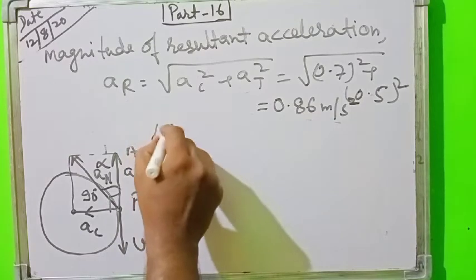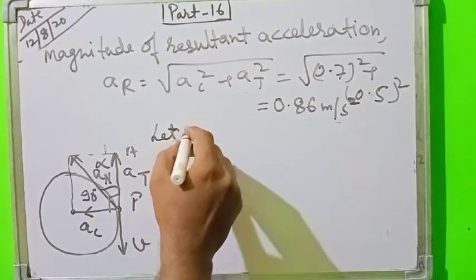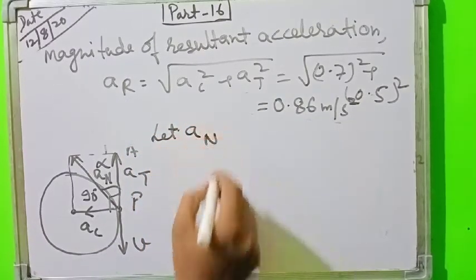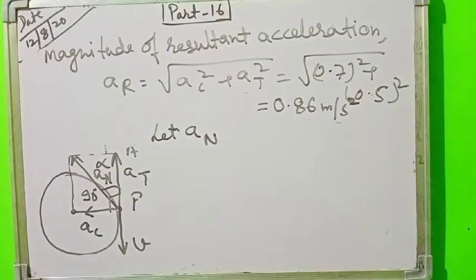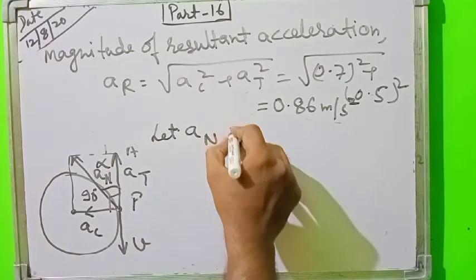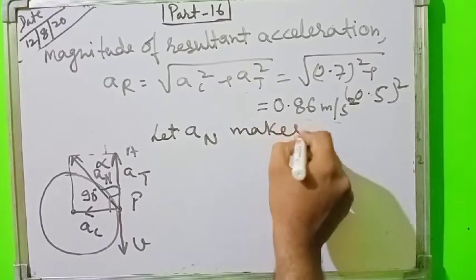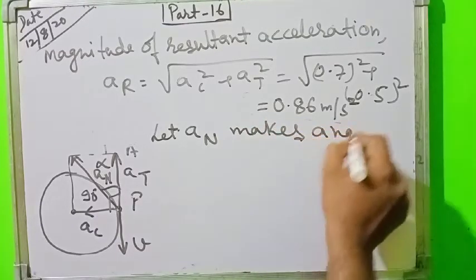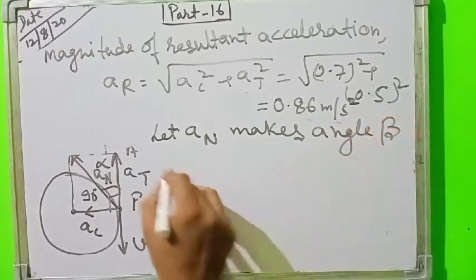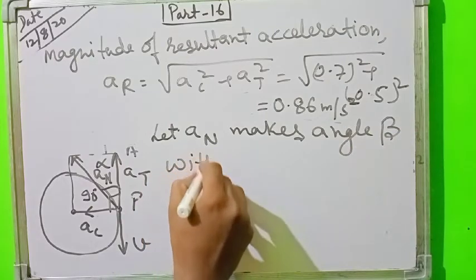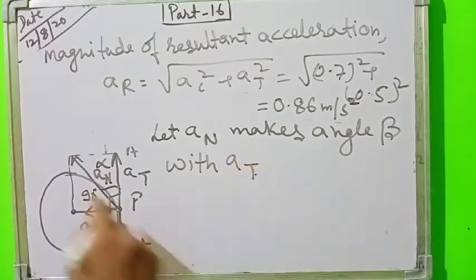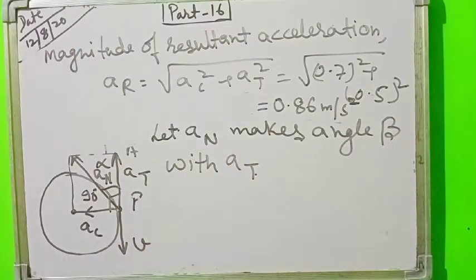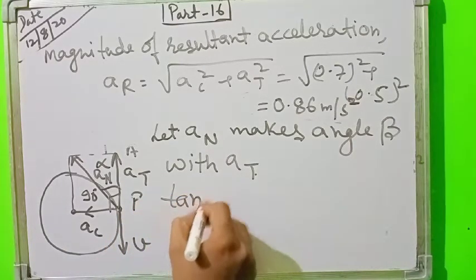Let A, the net or resultant acceleration, make an angle beta with tangential acceleration AT, then tan beta is equal